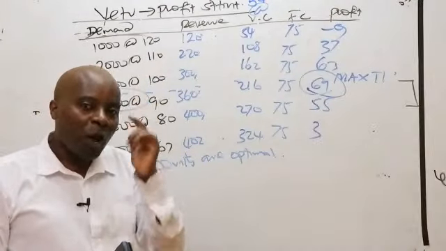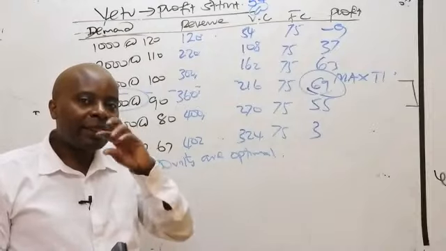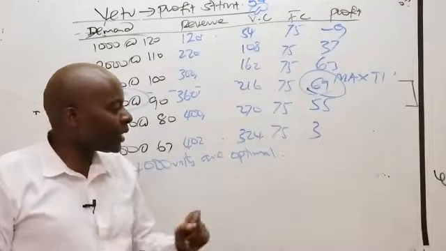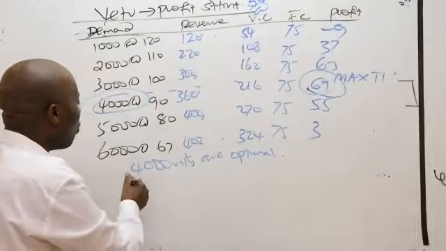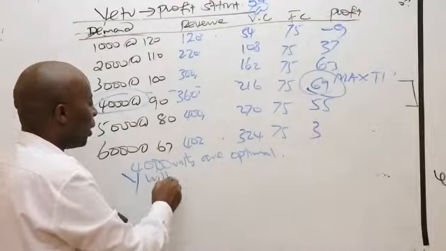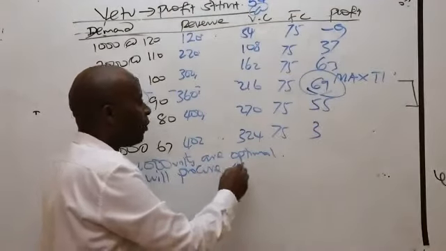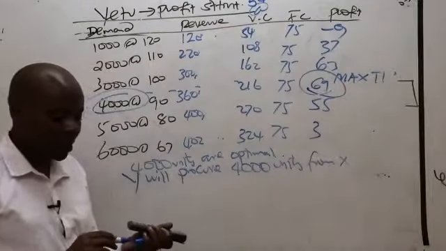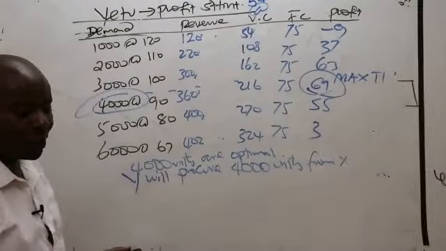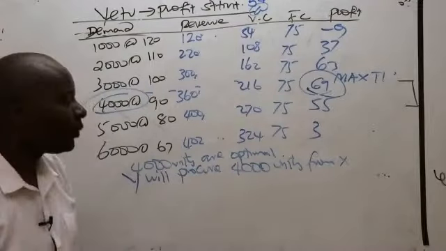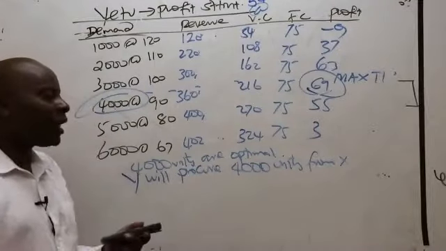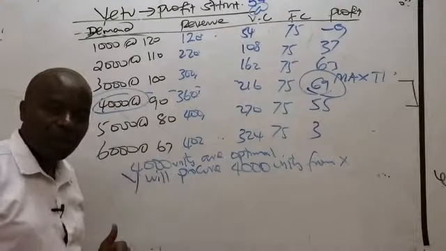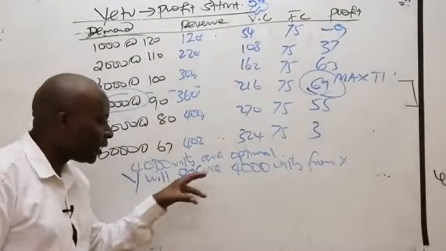You get the profit of Y alone, but at the end of the day, extend that profitability analysis to Sang Limited, the company itself. This means that Y will procure 4,000 units from X. And if that is the case, do a very small profit statement for X regarding these 4,000 units.